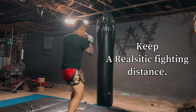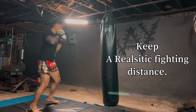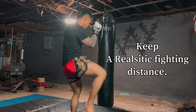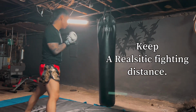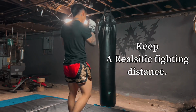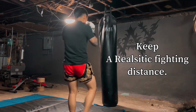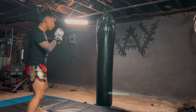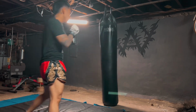by positioning yourself correctly. Just like in a real fight, you're not immediately going to be right in front of your opponent throwing whatever you want without having to worry about defense or precision. You want to have to earn that range, okay? And what I mean by that is fight at a realistic fighting distance and think about possible scenarios that could